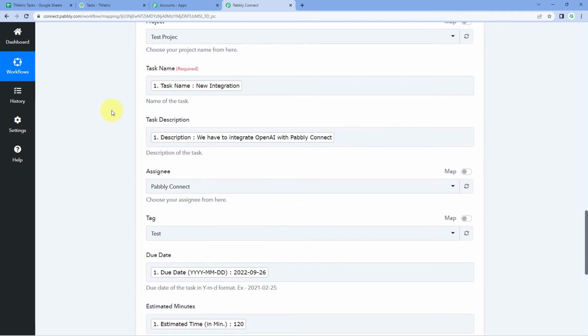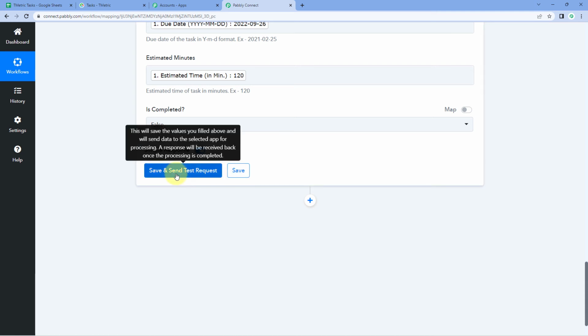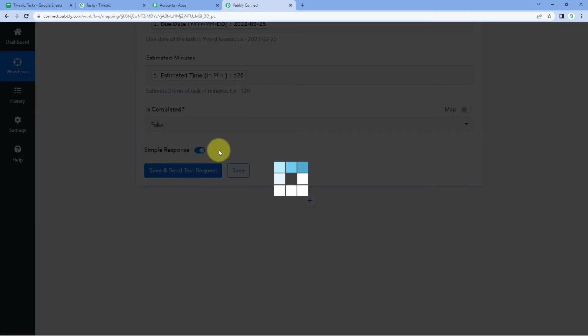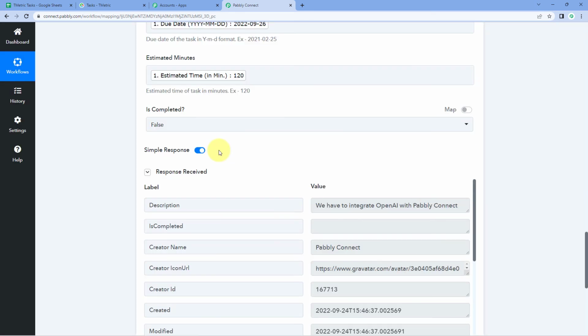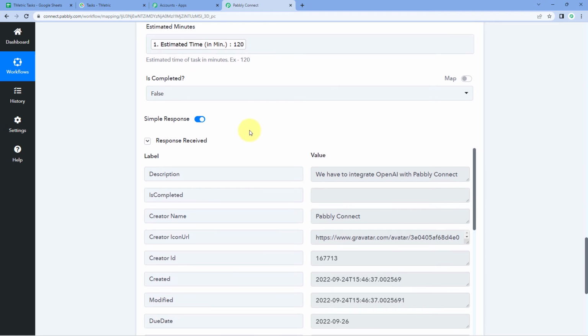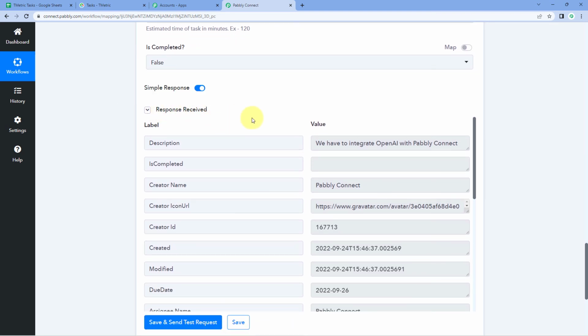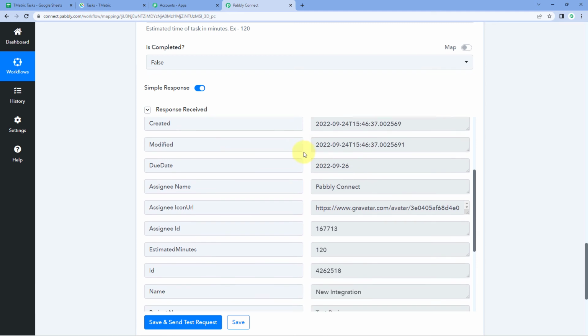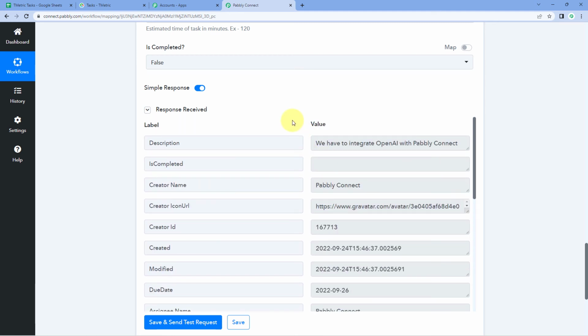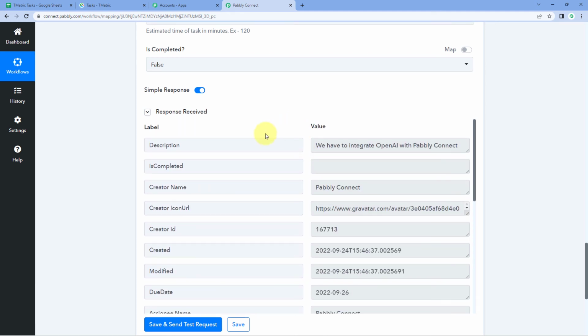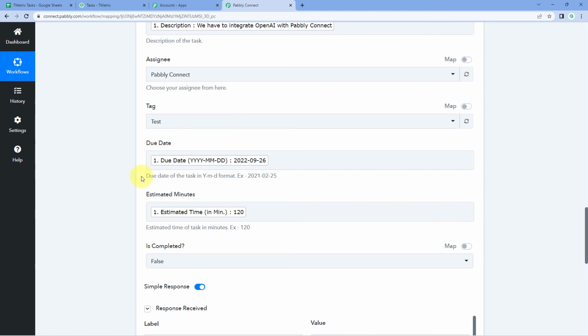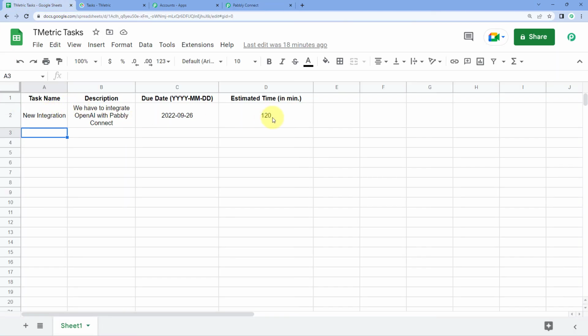So guys, after mapping all of these details, all of this data, just click on save and send test request. After clicking on save and send test request, we can see that we have received some response over here. And this response seems to be a very positive response to us. This response shows that the data which we have mapped over here, basically the text, the details which we have entered into a Google Sheet in a new row, using these details, instantly, automatically, a new task is created in